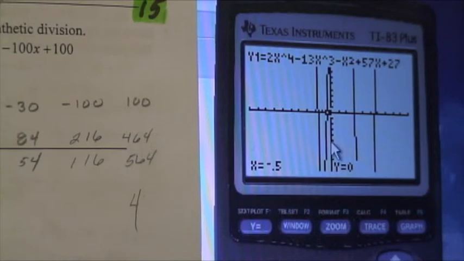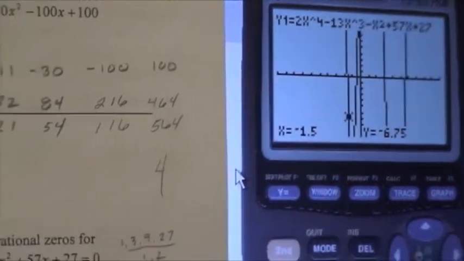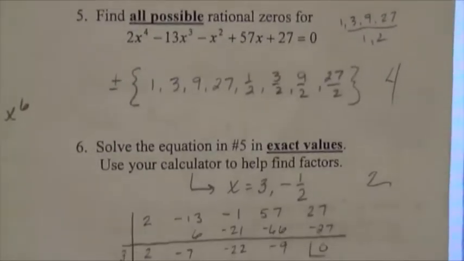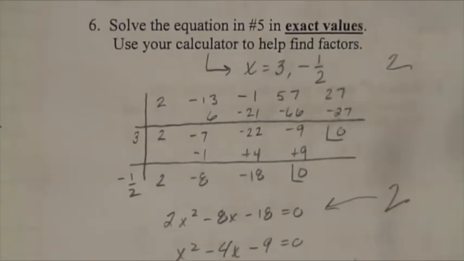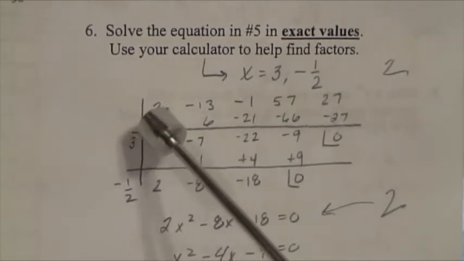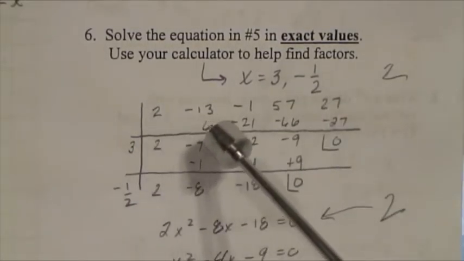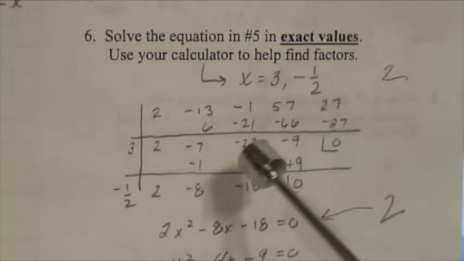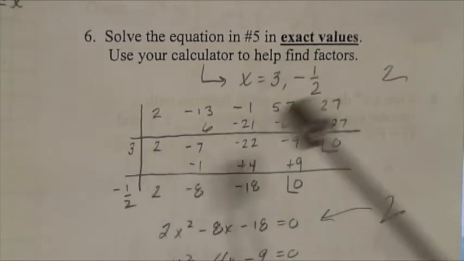and that's a 0. I'm going to try for this one here, between -1 and -2. That'd be -3 over 2, again based off my answers in number 5. Whoops, that's not a 0, so my only possible zeros are going to be 3 and -1/2. So finding those zeros, taking your function to 2, -13, -1, 57, -27, run 3 through it, drop down the 2,